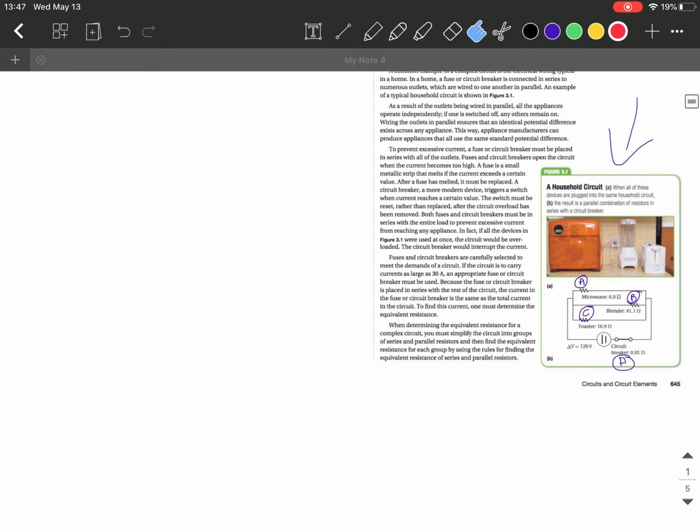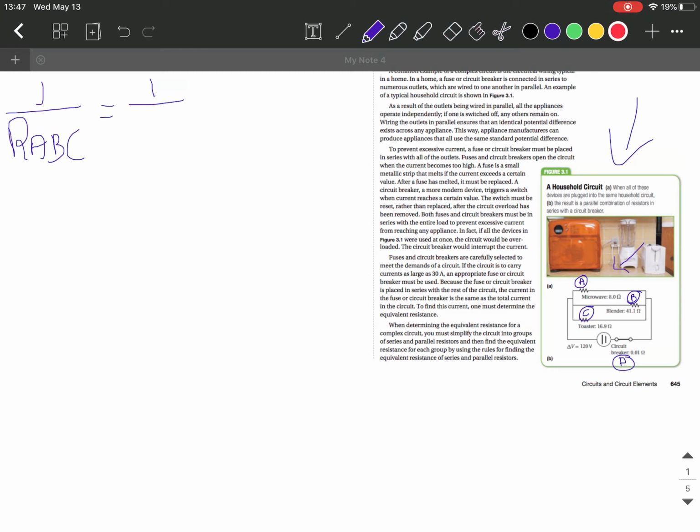So if I notice right away, my inner circuit is up here where A, B, and C are all in parallel. So I can combine A, B, and C because I can clearly see that those 3 are parallel to each other. So my equivalent resistance, I'm going to call it R_EQ, R_ABC, because it's going to be the equivalent of combining A, B, and C. And since they're in parallel, I'm going to have to do 1 over the equivalent resistance of ABC